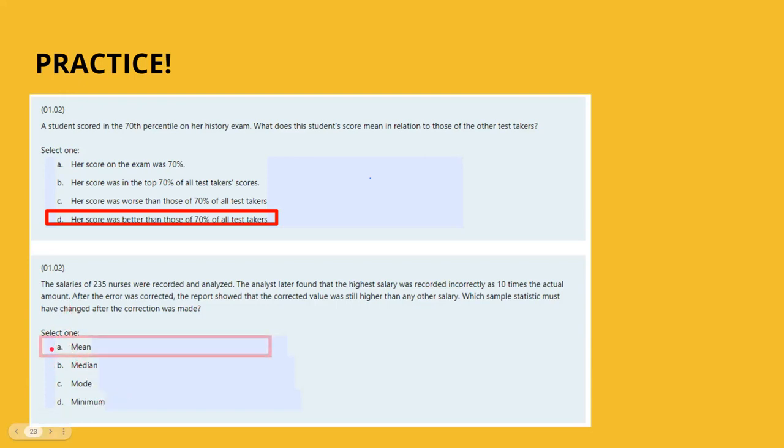But it's the mean, because like we said, extremes affect the mean more. It was recorded as 10 times the actual amount, that means it would be something crazy. It would make the mean way higher, but when they correct it, then it's back to normal, and it's a lot lower. So must have changed, that's the key word. The median could have changed, but we don't know that for sure. We know for sure that the mean